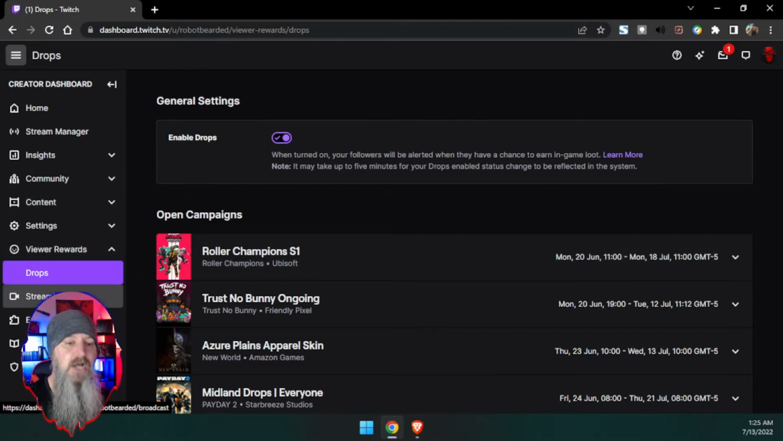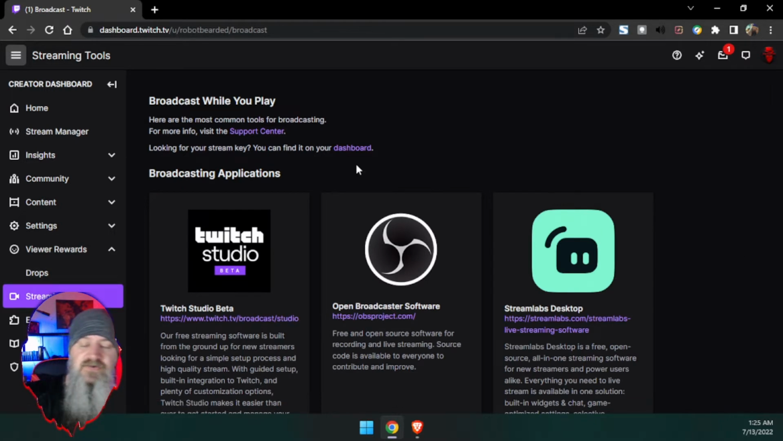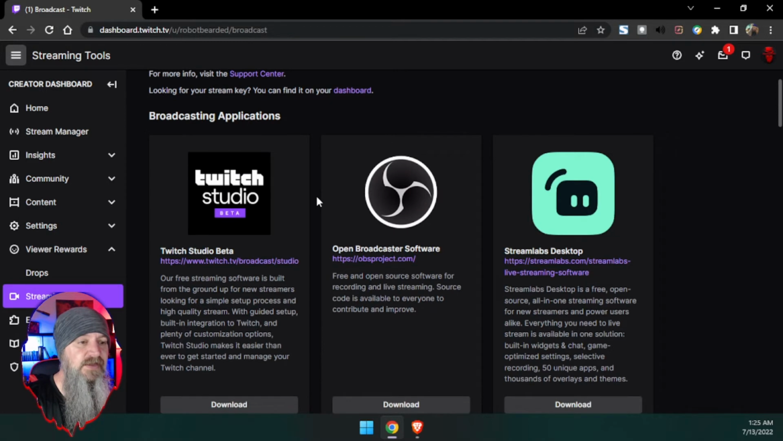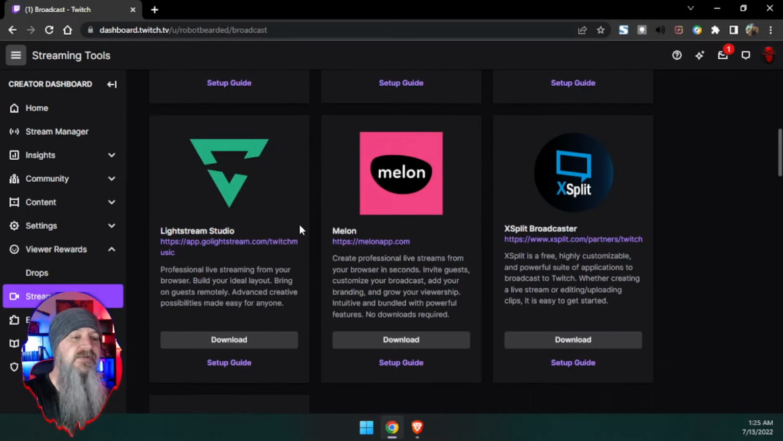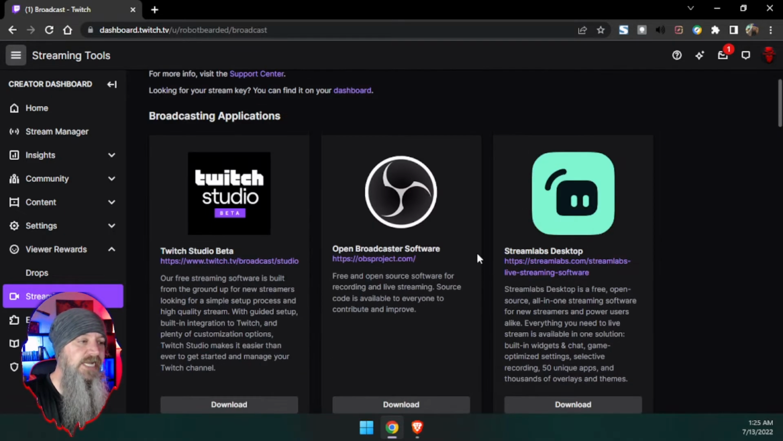Okay, moving on to streaming tools. This is basically just a list and links to third-party outlets to help you go live. So there are the broadcasting applications. This is going to be Twitch Studio, OBS, which is Open Broadcaster Software, and Streamlabs. There's Lightstream, Melon, XSplit, and Gamecaster. Now, which one do I recommend? Because I am the end-all be-all, right, of it. Yeah, I'm not, but